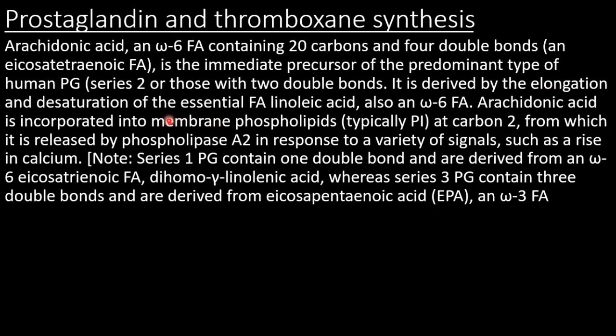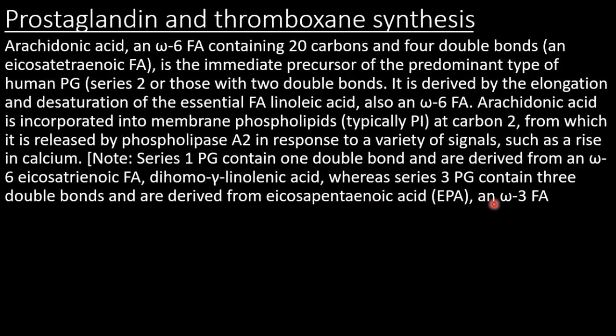So it is usually elongated and desaturated to form arachidonic acid. Then the arachidonic acid formed is usually incorporated into the membrane phospholipids, mainly phosphatidylinositol at carbon number 2, from which it can be released by the action of phospholipase A2, which usually responds to a variety of signals such as a rise in calcium. Now, note that series 1 prostaglandins contain 1 double bond, and they are usually derived from omega-6 eicosanoic fatty acids, such as your dihomo gamma linolenic acid, whereas series 3 prostaglandins contain 3 double bonds, and they are derived from eicosapentaenoic acid,